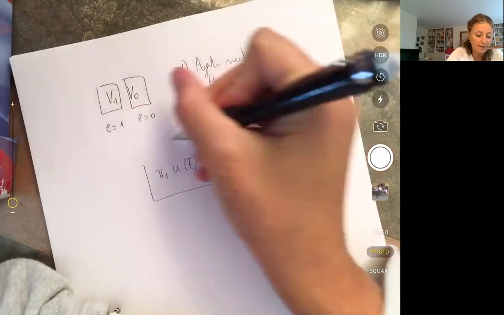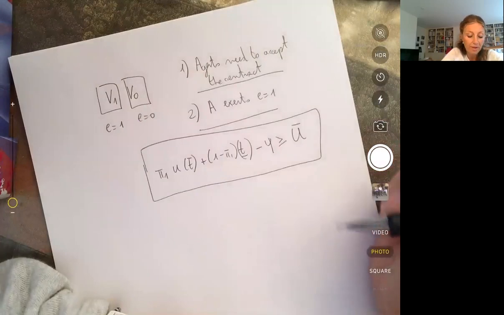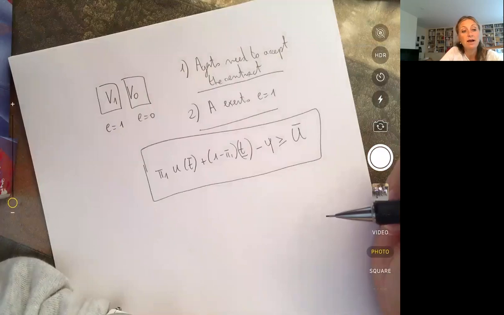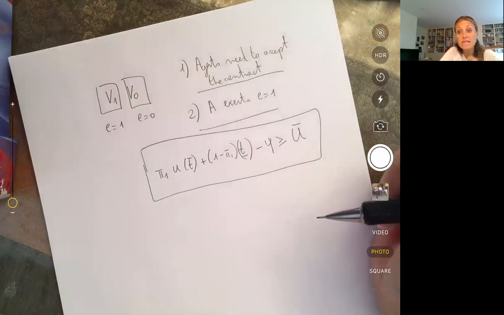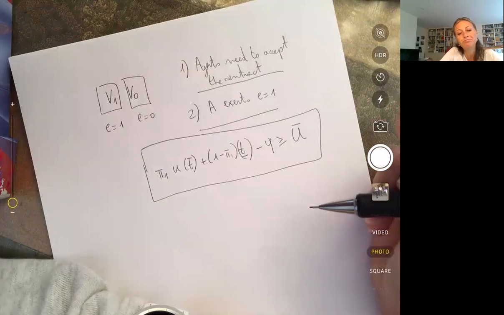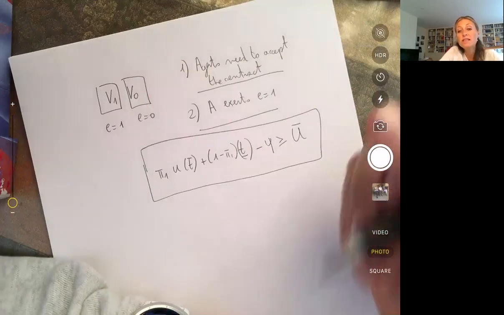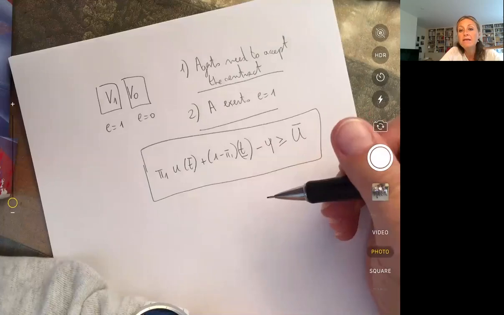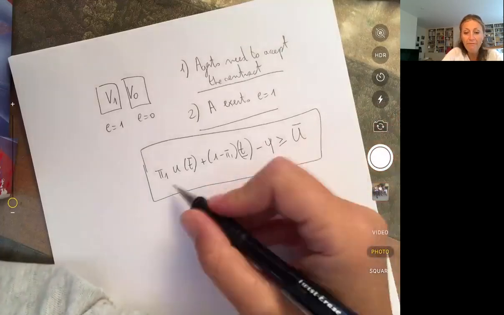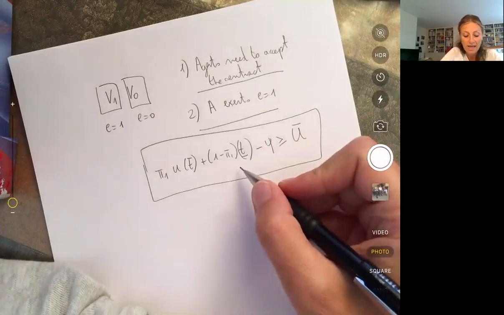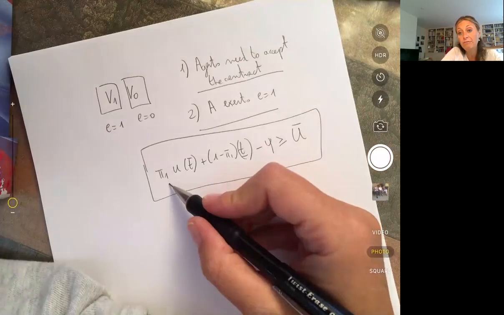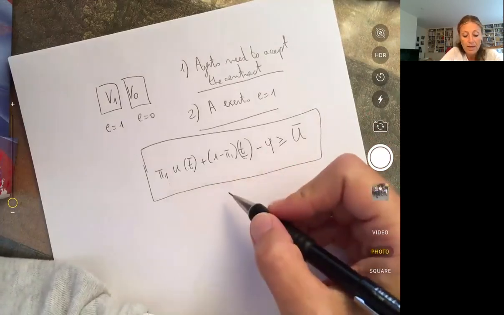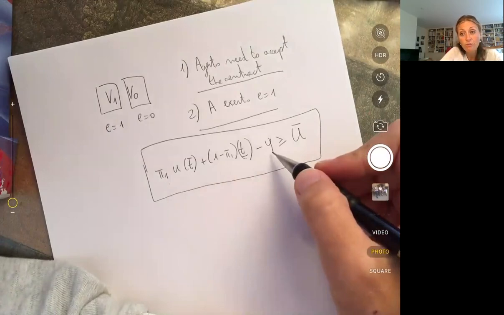Let's read this sentence again. Whenever I accept a contract as an agent, I'm going to receive a certain transfer, right? This is what my utility relies on. So for me to decide that it's worth signing the contract, whatever transfer on average I'm going to get, as we know the average depends on the effort level that I'm going to undertake, minus the cost of effort